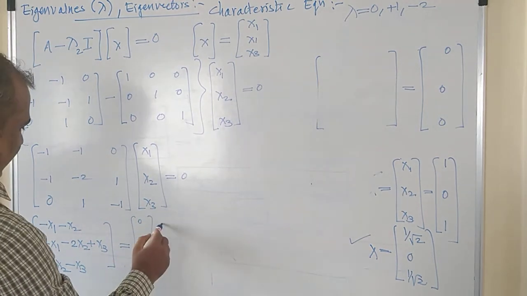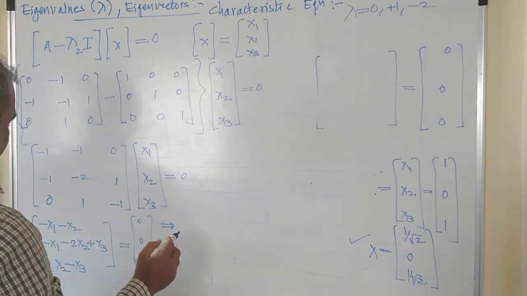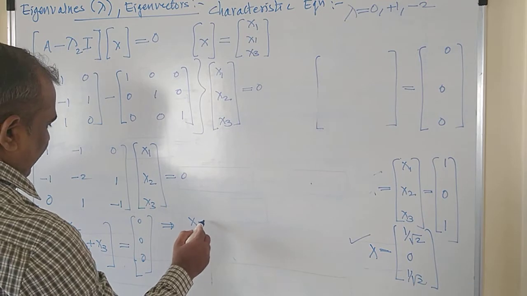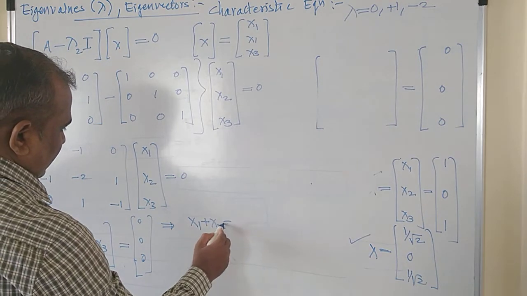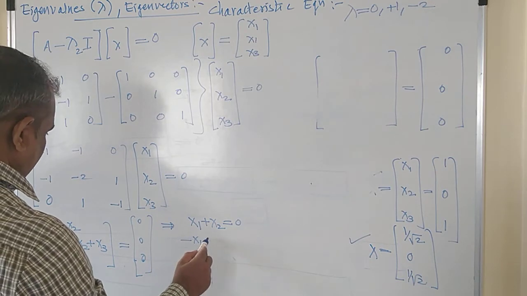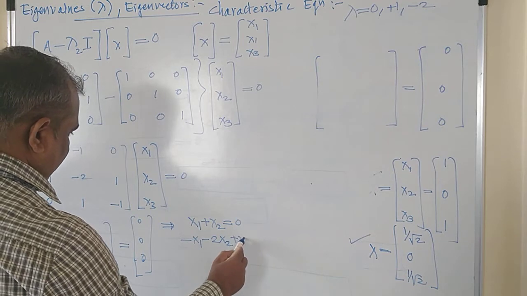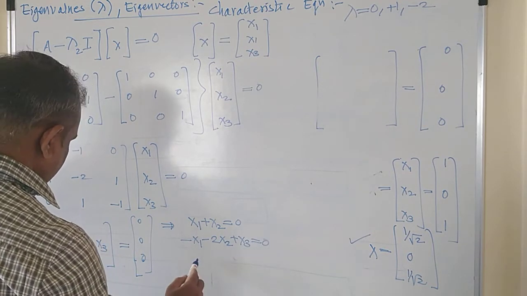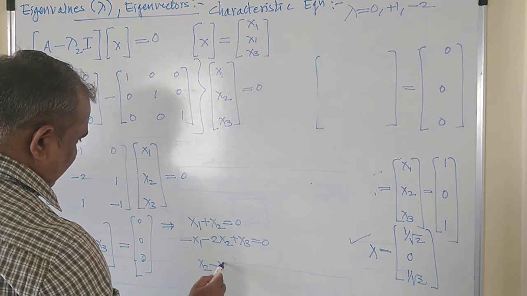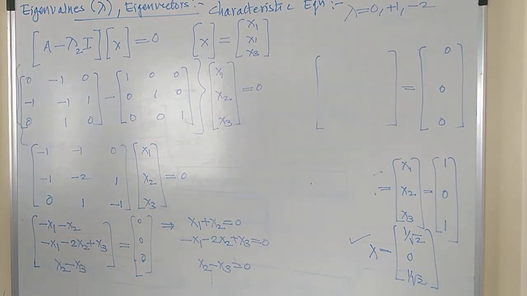This will give you the three equations. The first equation is minus x1 minus x2, take the negative sign common. This will give you x1 plus x2 equals to 0. Second one is minus x1 minus 2x2 plus x3 equals to 0, and third is x2 minus x3 equals to 0, right? And if you solve this, then this will give you